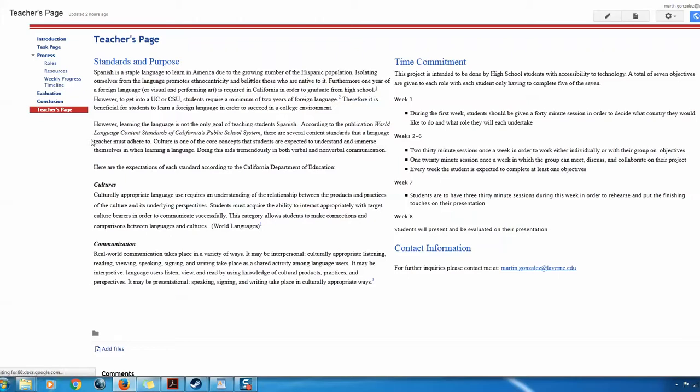My purpose for doing this is I always felt when I was taking foreign languages that there was so much emphasis on studying the language and not so much on the culture. But we need to remember that studying the culture helps us very much in not only verbal communication, but also nonverbal communication. There are certain aspects of the culture that are needed to